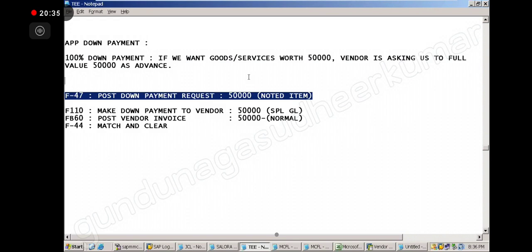In the proposal these items will be pulled up, he will have a look and decide whether to pay or not. If he is happy, he will go ahead. He will just be posting it. The payment run is usually done by a higher authority because he has the power to pay. Posting, you can get done by other people.